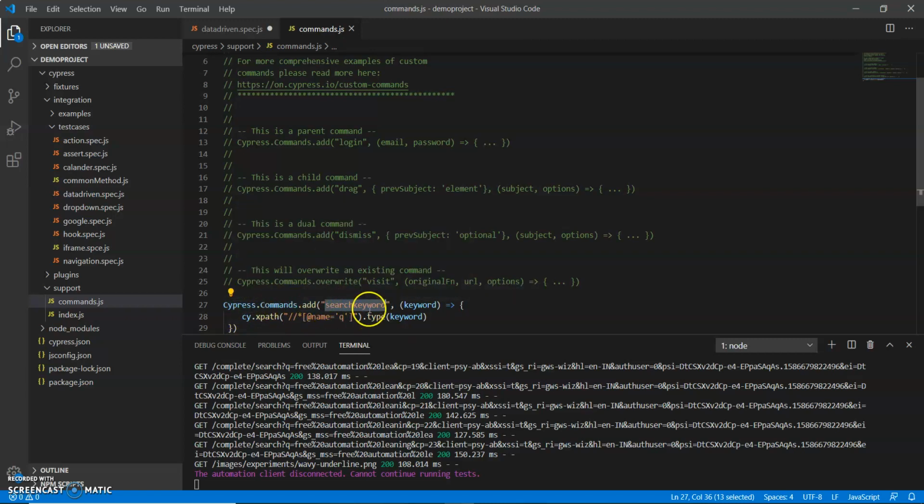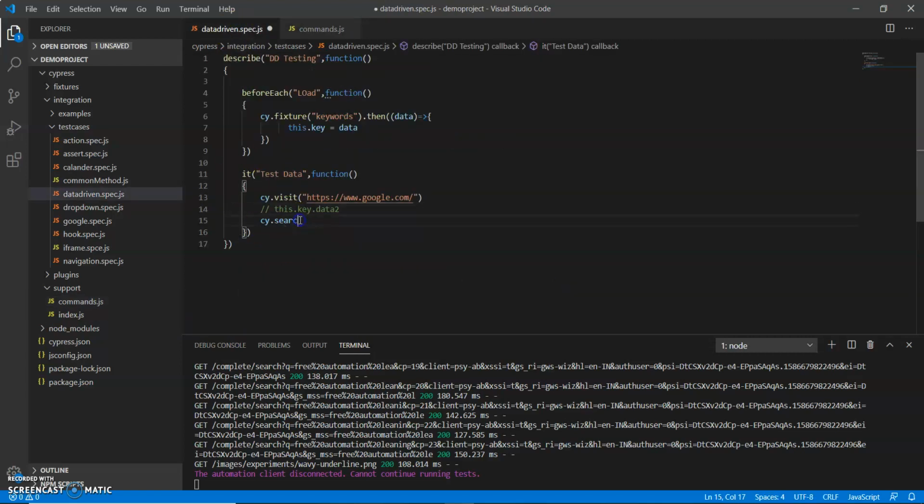By using add we can add such keyword methods or functions in the Cypress library, and by using this search keyword I just pass cy dot search keyword and pass our data which I need to validate, right? So I have created a method.